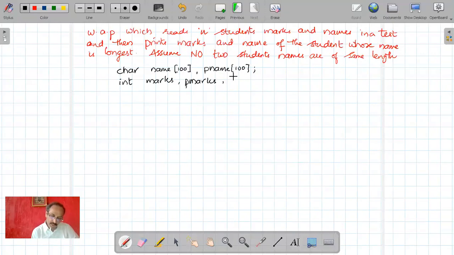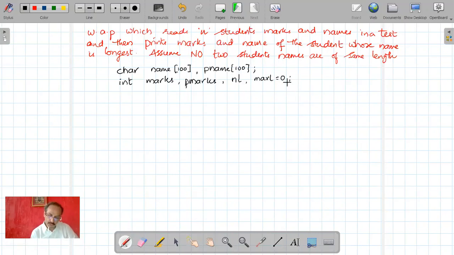And we need to find out the longest name, so I will declare a variable nl, which is name length. For finding out which one it is, we need to find out the length of each and every student name, and compare whether it is maximum or not. So for that, we have declared maxl, which is initialized to 0.